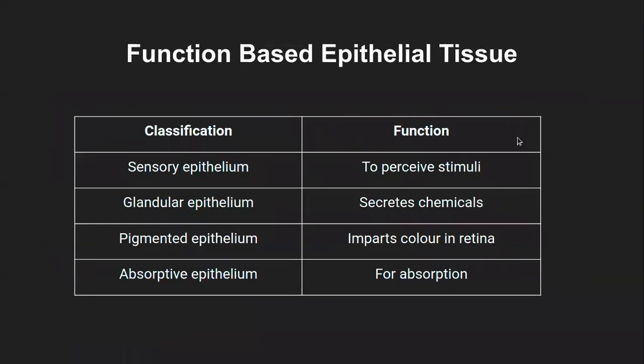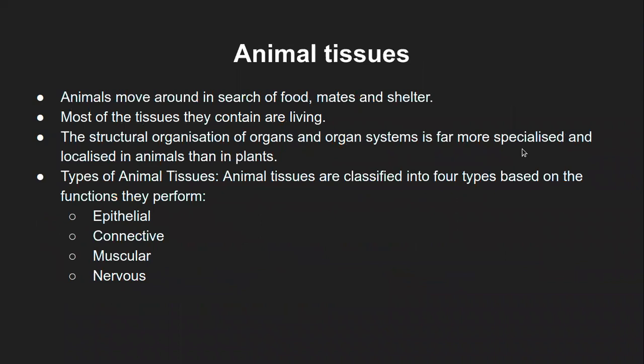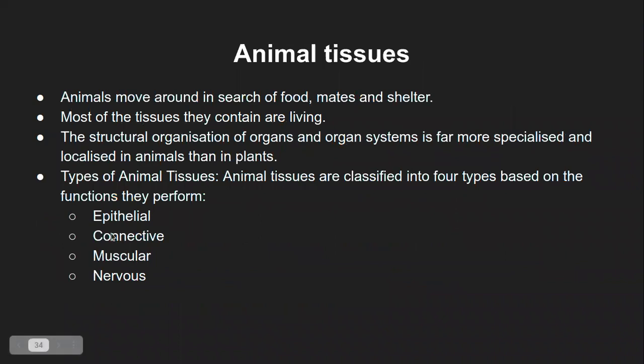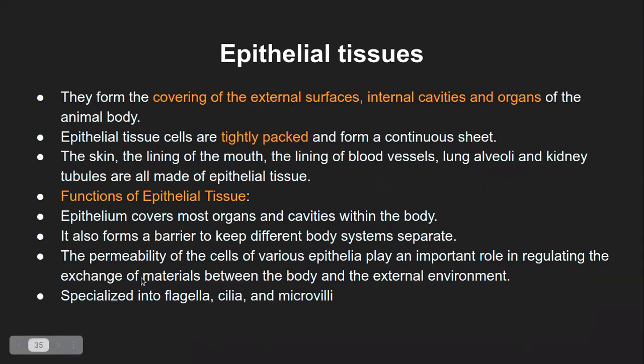So going back a little bit with epithelial tissue. Epithelial tissue is nothing but one of the types of animal tissue. The other three types are connective, muscular, and nervous tissue. Now we had looked at the structure of the epithelial tissue, that they are at the internal or the external surface of the body cavities or the organs in general, and they are tightly packed because they will not allow the transfer of molecules across this epithelial lining, and that way they have various functions including the permeability of various molecules and so on across the membrane.